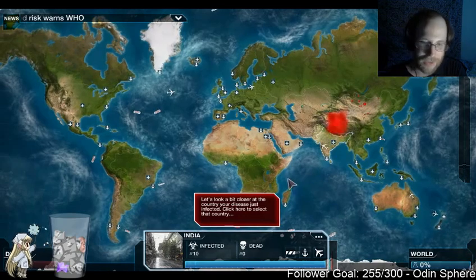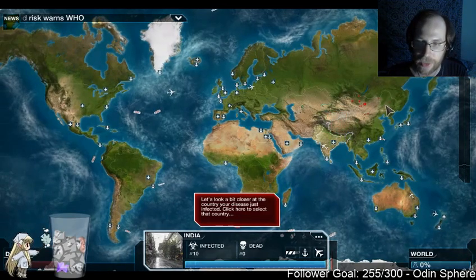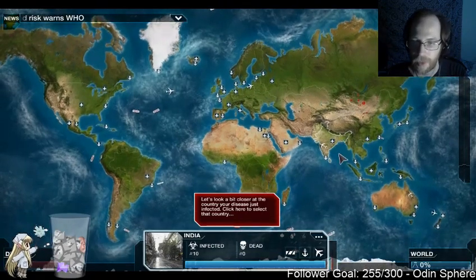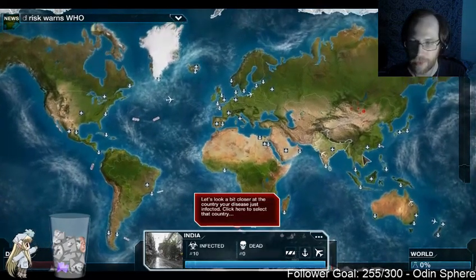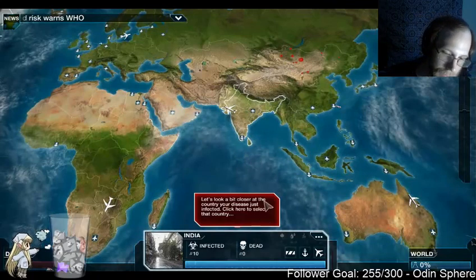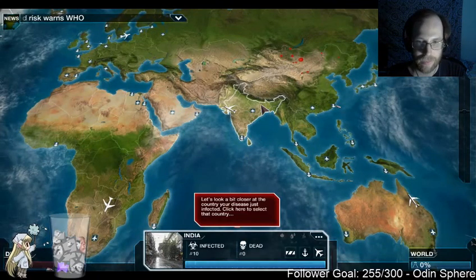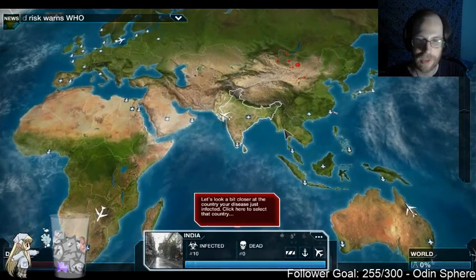Pop the red bubble to get DNA. Click to select that country. That's what I'm doing. I'm clicking it. I'm definitely clicking it. Game. You hear me pressing the button, right? Y'all,